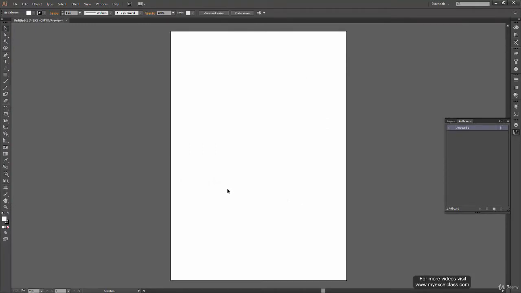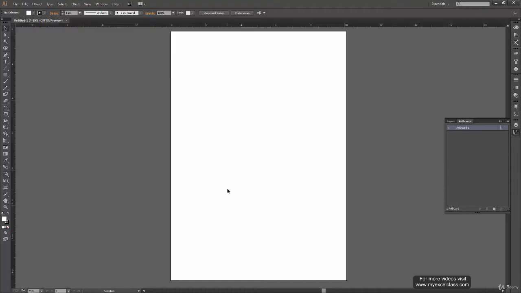Now we will see about rulers and guides. So what we have learned so far is we can press Ctrl R on the keyboard to bring up the rulers, and to create guides from these rulers we can click on either the vertical or the horizontal ruler, and drag from there anywhere on the canvas.